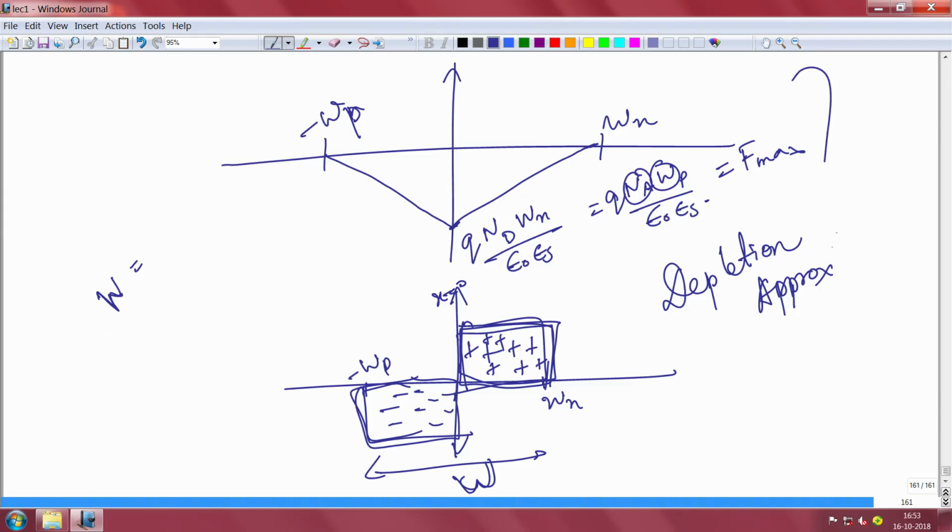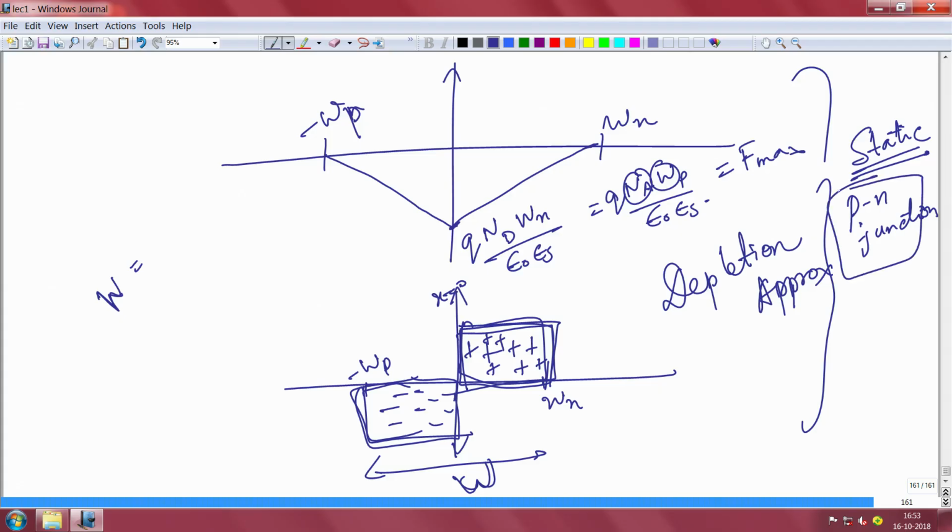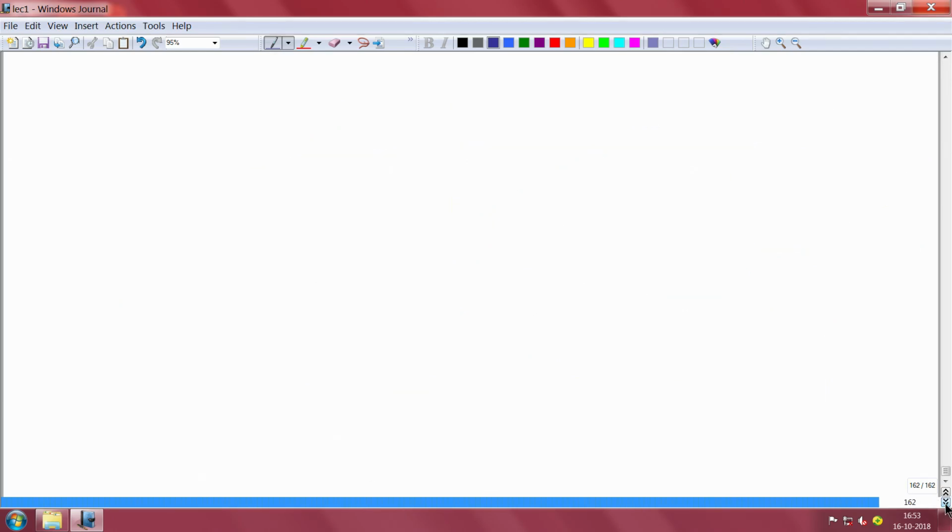So whatever we have learned till now is about the p-n junction in equilibrium, or static conditions. There is no voltage applied. There is essentially no bias, no light shining. So essentially it's a p-n junction in equilibrium. There is no current flowing. There is absolutely no current flowing. So that's good. Now we are good to move ahead with the next concept. We'll go to the p-n junction in bias, but before that, let's stop for a minute and think about it.